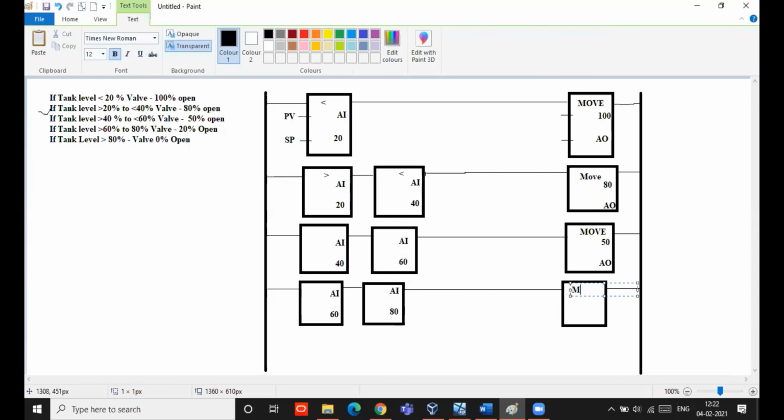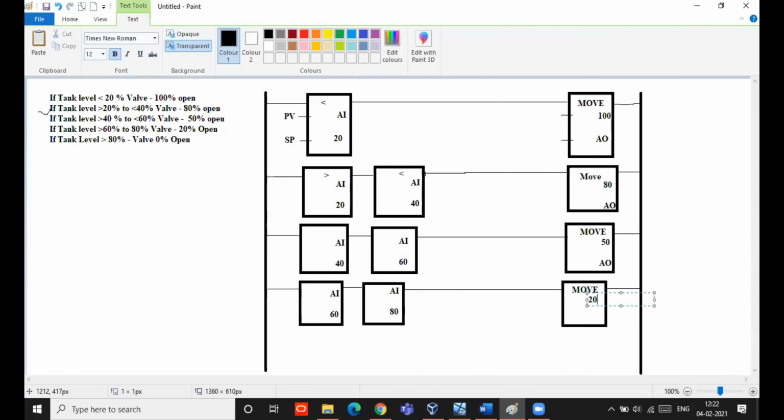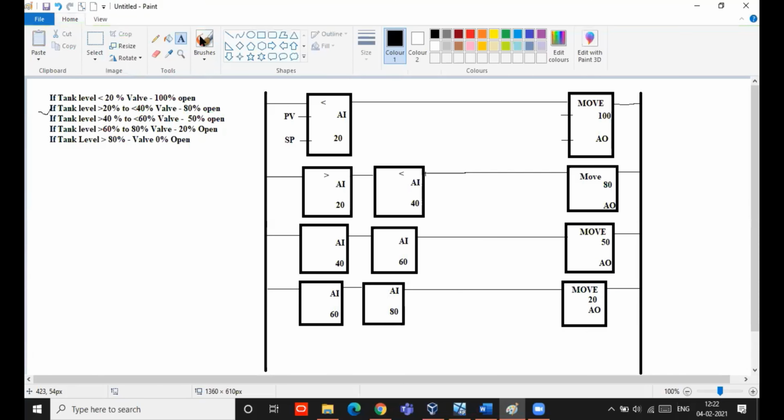You have to move 20% to the output. So 20 has to be moved to analog output. Okay. Next, last condition, if tank level is greater than 80%, valve should be 0% open.